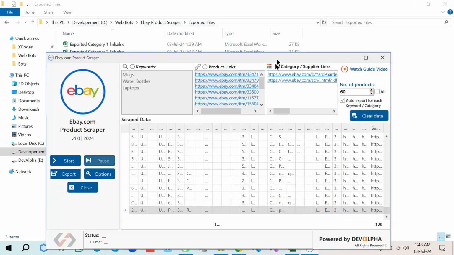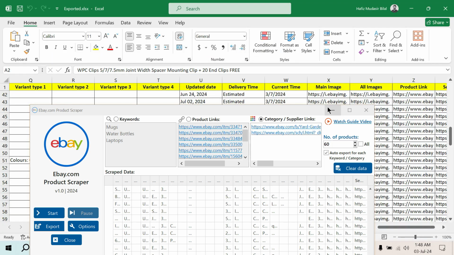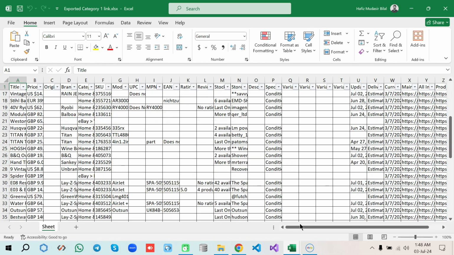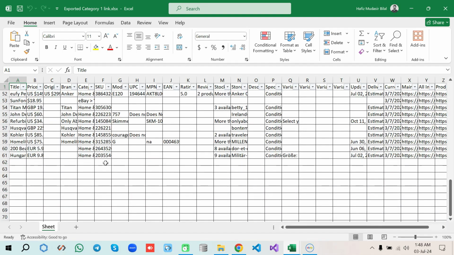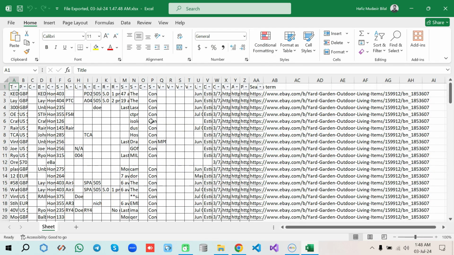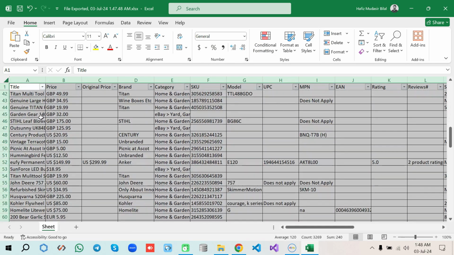As we mentioned auto export for each category link, we were using 2 category links and it has exported 2 category files. Okay, let's open one file. Now it has the first category link products and they are 60, and the file is named with the current date and time, it contains all the data of both categories. Okay,